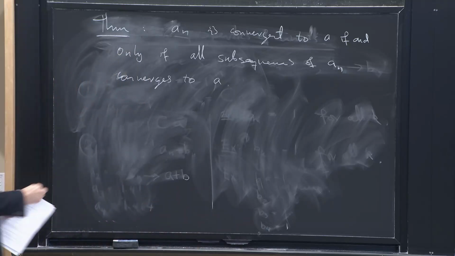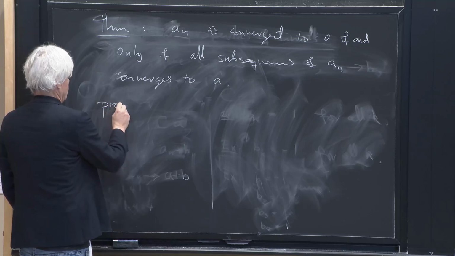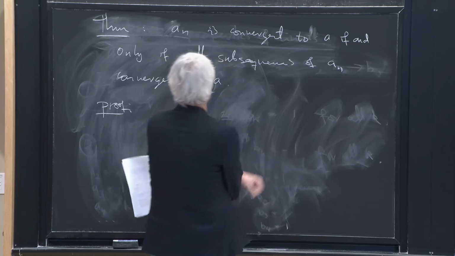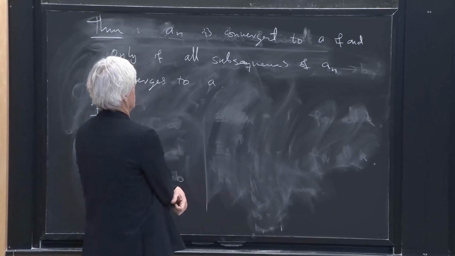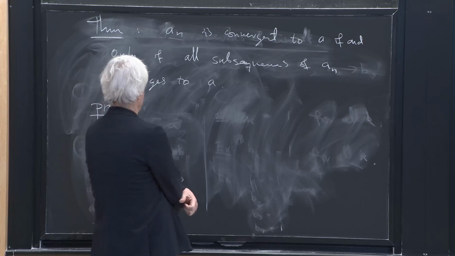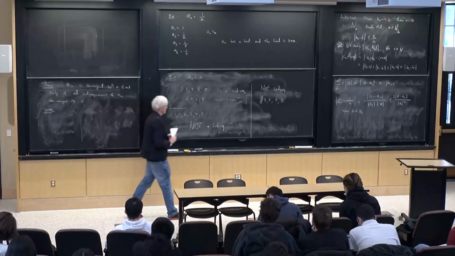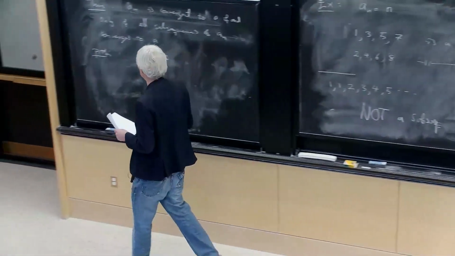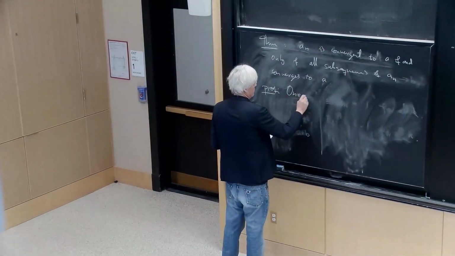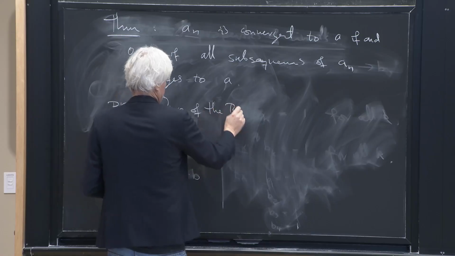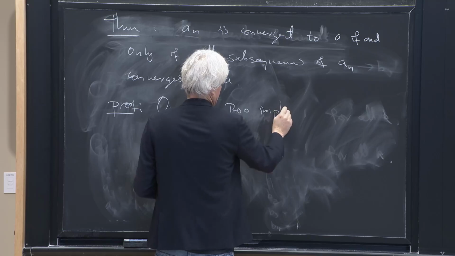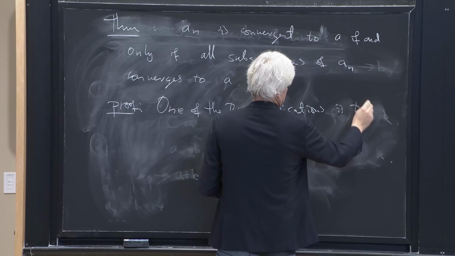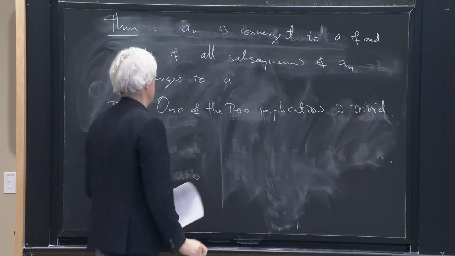Okay, now to prove this, there's two things we need to prove, right? Because it's an if and only if statement. So we need to prove that if it is convergent, then all subsequences are also convergent. And then we need to prove that if all subsequences are convergent, then the original sequence is convergent. But one of the two implications is trivial. And that is, namely,